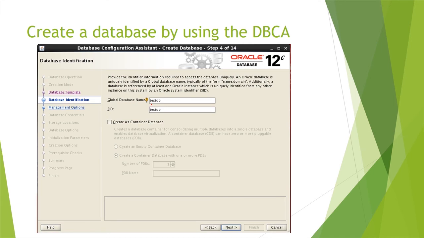During database creation, DBCA will ask you to provide a global database name and SID. Global database name is database name dot domain name. If you have a domain name, you can provide a domain name. If you don't have a domain name, you can just provide the database name. SID, which is the system identifier or Oracle instance ID, is by default the same as the database name. You can change SID to something different than the Oracle database name, but the default SID is equal to the database